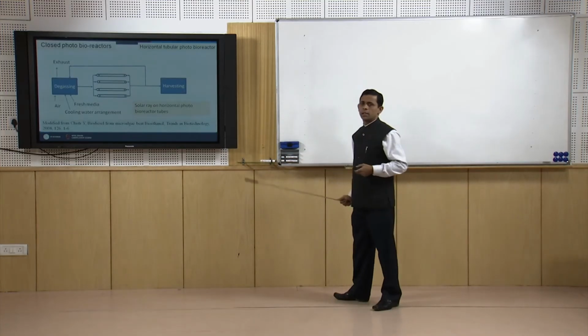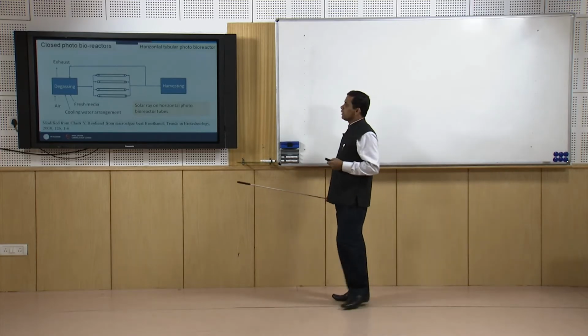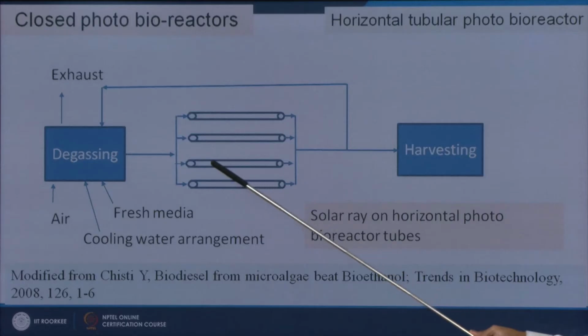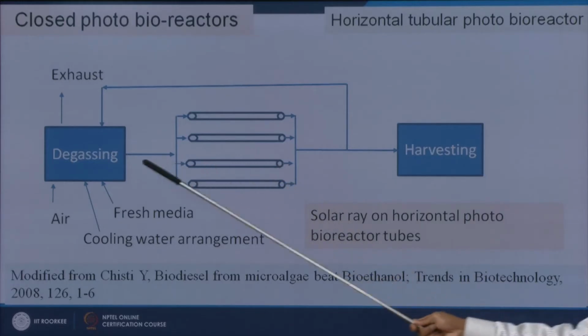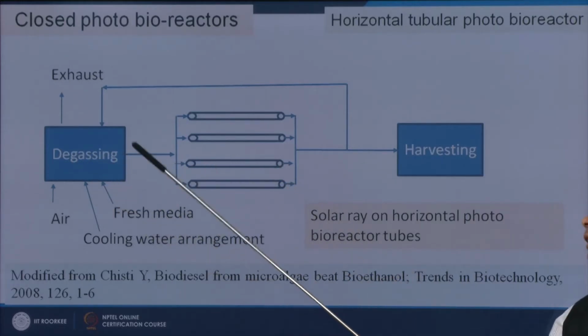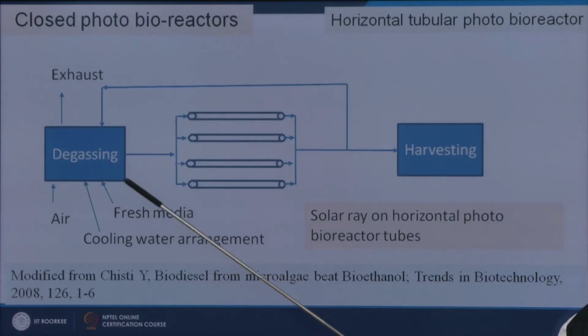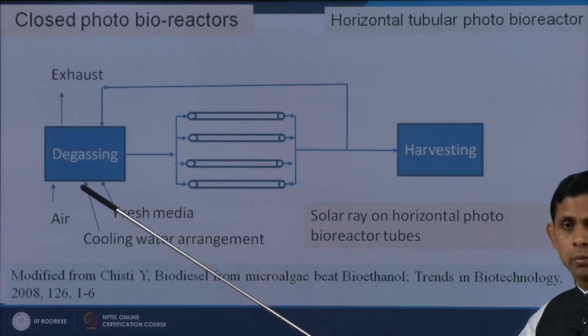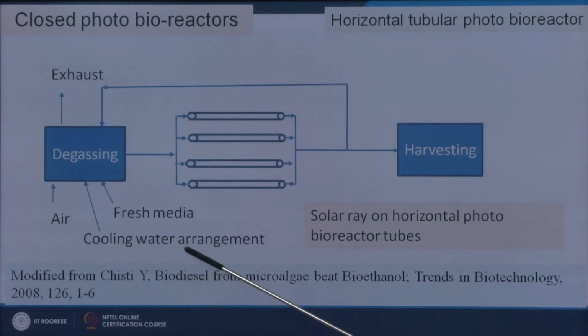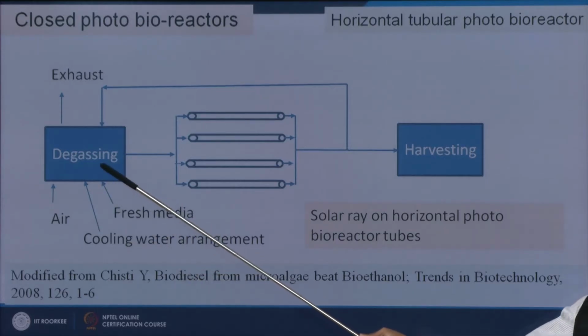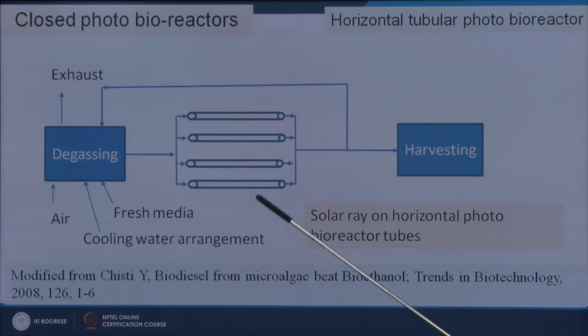We will see here the closed system photobioreactor, that is horizontal tubes. So, this is our media, in case of wastewater, say this is our wastewater, and we add some growth nutrients for the microalgae, and this media is pumped through these tubes. So, these are our photobioreactors. These are closed,